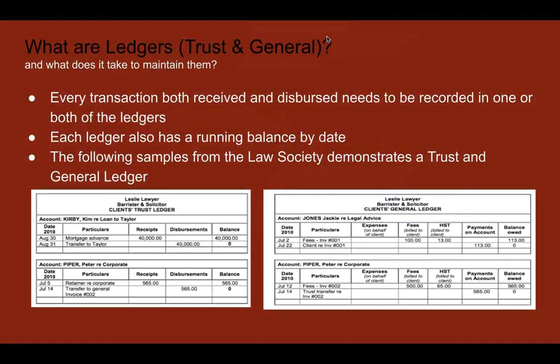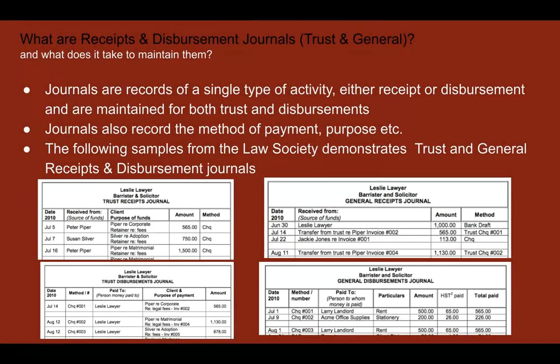You don't have the method of payment, and you don't have the payee details either. Whereas in the journal, since it's a more drilled-down version of the ledger, you have additional information. The disbursement journal also has the method of payment and who you have paid to, which is the payee details,